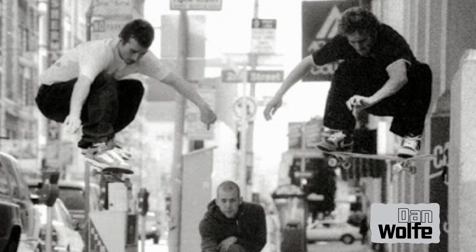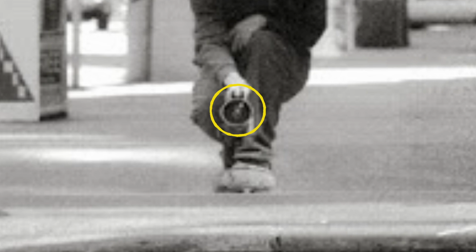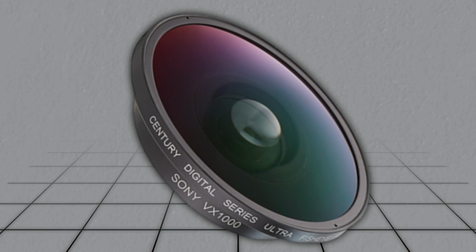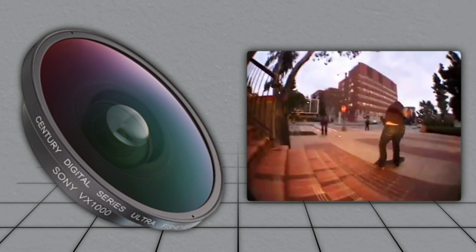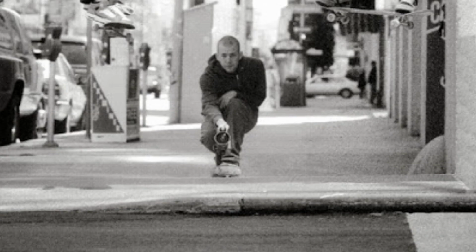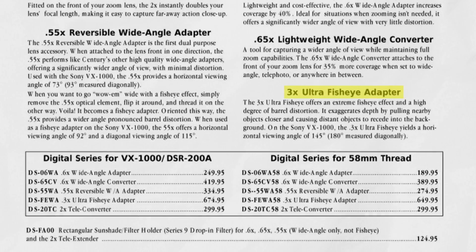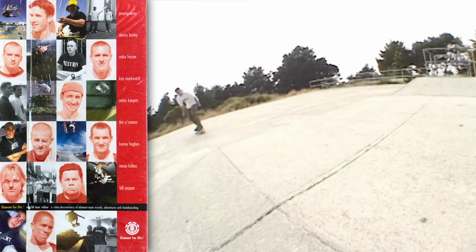but it didn't really come into its own until 1998 when Century Optics released the Mark I fisheye lens. At 4.5 inches wide, the big bubbly Mark I transformed the VX1000 into the ultimate tool for translating skateboarding's awesomeness onto a screen. Dan Wolf was the first filmer to have the Mark I, and he remembers spotting it in a catalog. The first clips Wolf filmed with it ended up in Element Skateboard's World Tour video that came out